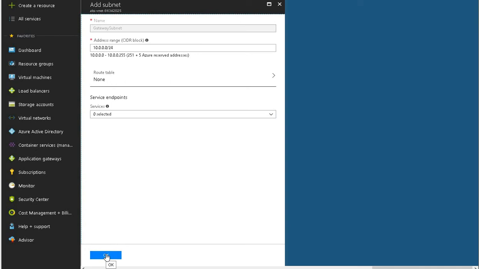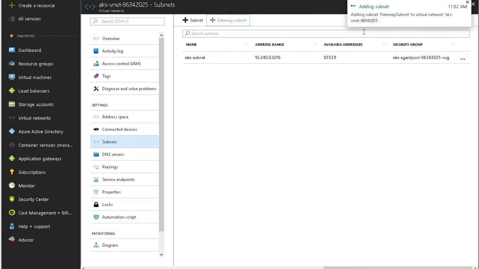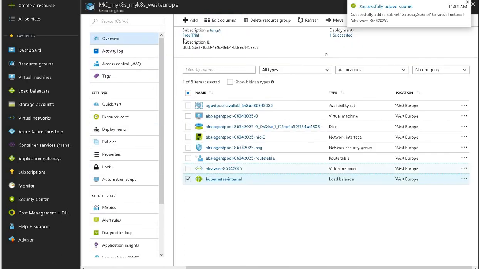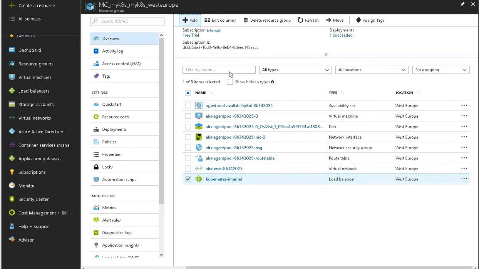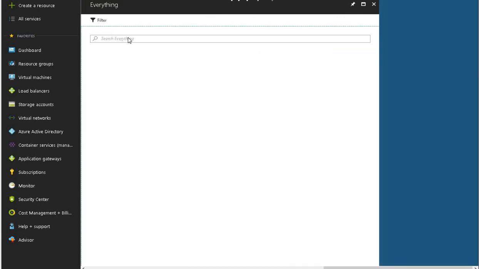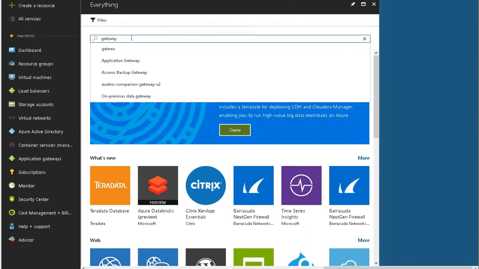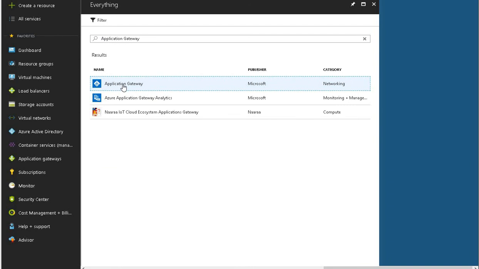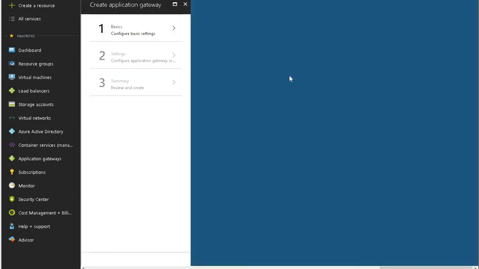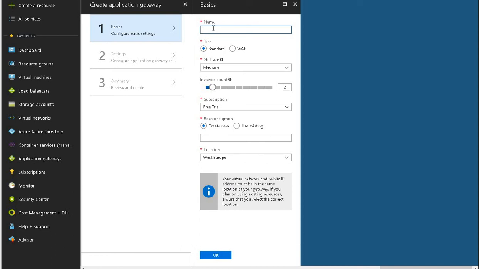But for the purpose of this video, I'll leave it at default and click OK. That will create the subnet. And what I now want to do is go back to that resources and then click on add, and then I type here gateway, application gateway, create, and I will create my gateway, just call it that simple name,